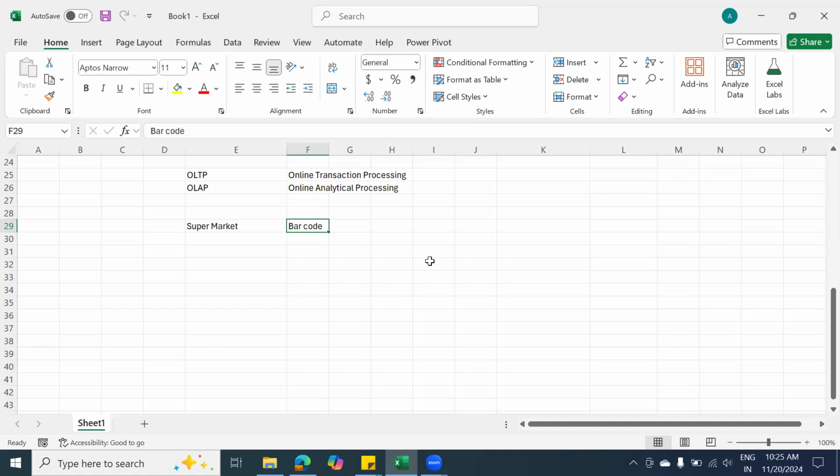If you search with the code, does it take more time? Or if you search with the text, does it take more time? Text, everyone agrees to that? Absolutely. If you search with text, guys, it takes a lot of time. So that is the reason. So here, instead of storing the data in text format, we try to assign one code to each and every product, and we use that code for transaction purpose. That's what we call as normalization.